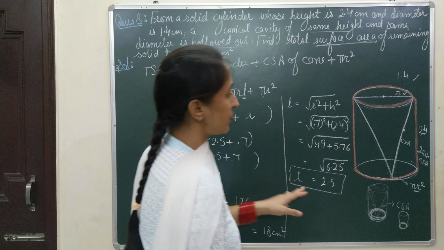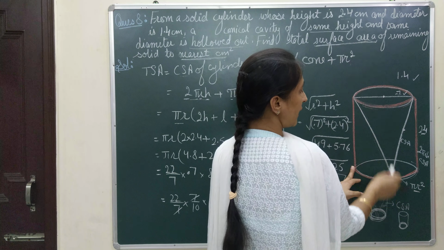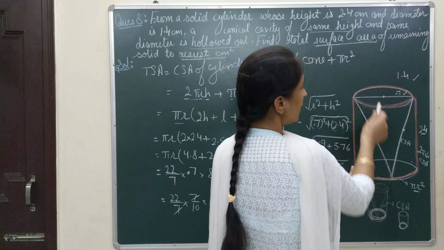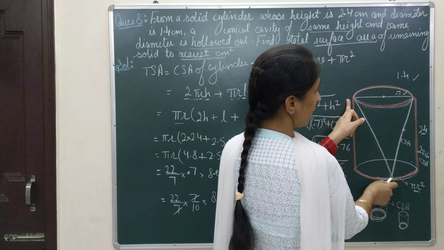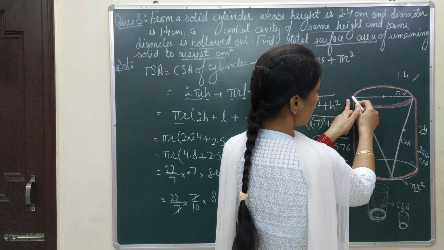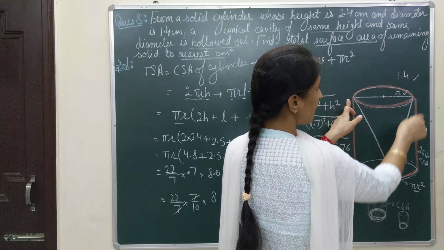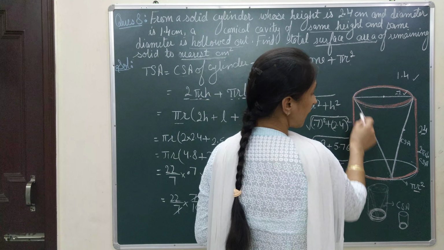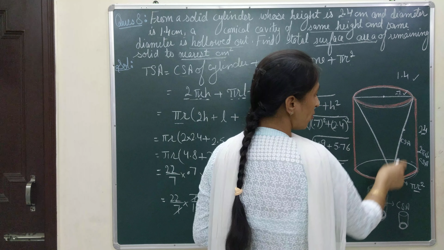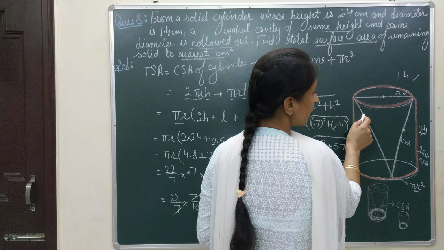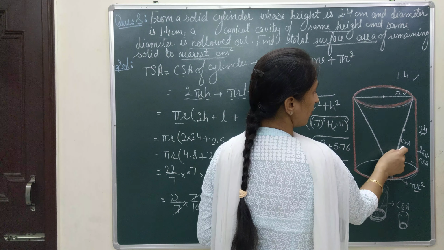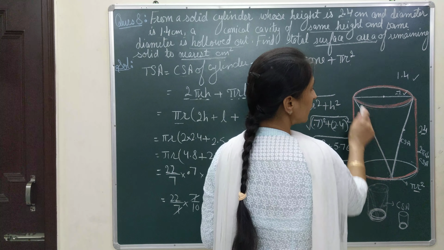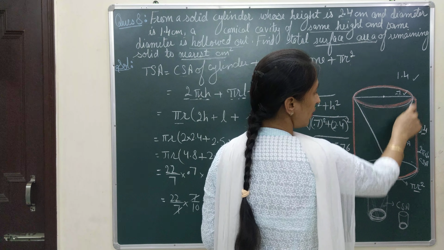So the main thing in this question was that when you are taking some ice cream or any solid thing out of a solid, whichever shape you are using, if you are using a hemispherical shape, a hemispherical cavity will be formed. As they have given that the cavity is formed in the shape of a cone, you will be taking the curved surface area of that cone. Whatever shape is given in the question, that surface area you will be taking.